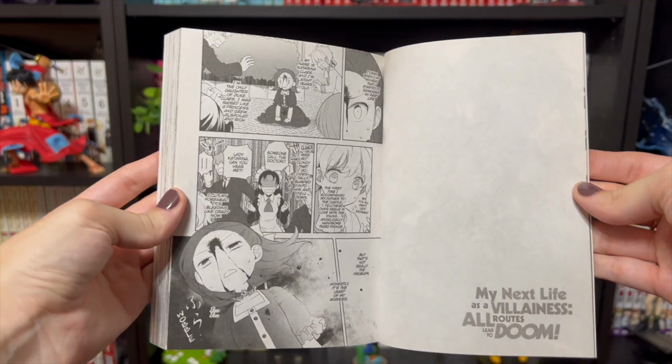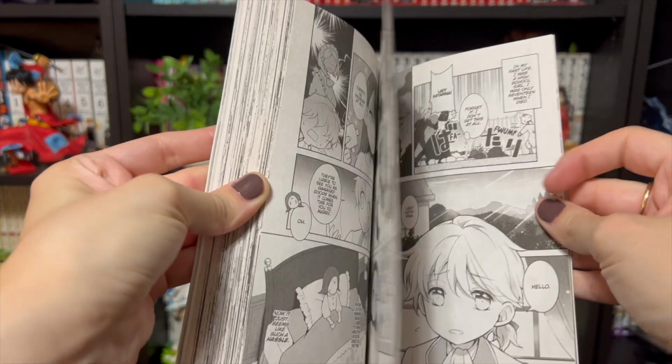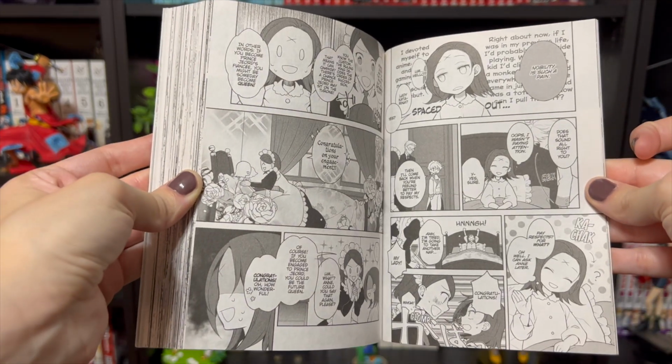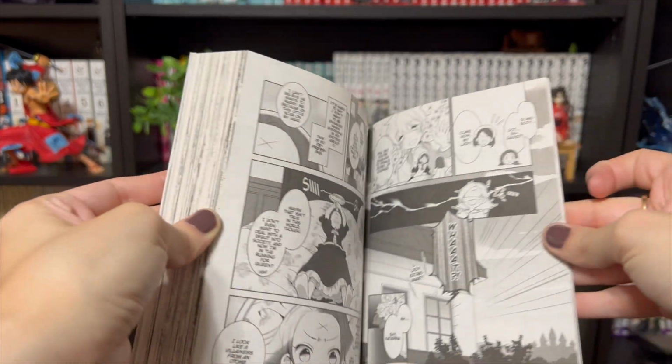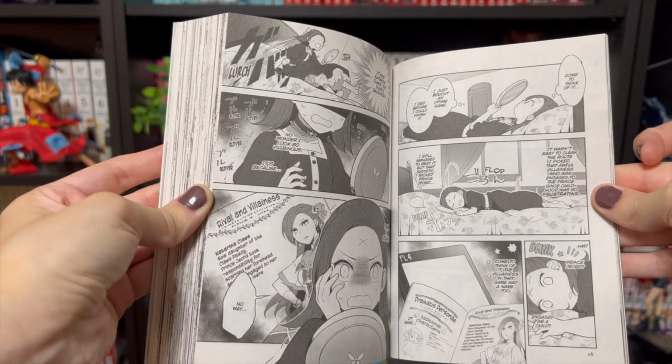She's rambunctious, a go-getter. And for the story on this one, I won't go too far into it just because it's volume 9 already. But she was living in her world and then got pulled into an otome game, a princess, kind of like a romance video game that she was a pro at. She knew all the routes for the game, different ways, either marrying this person or marrying that person in the video game. And so when she's actually pulled into it herself, she knows that she needs to figure everything out